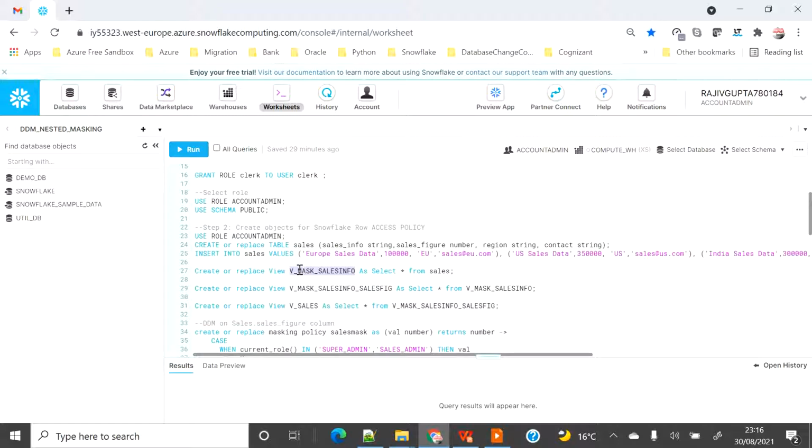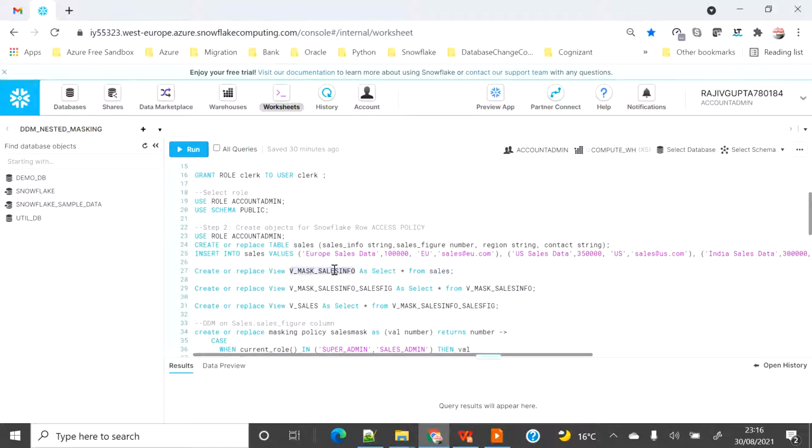Then I will create a v mask sales info sales fig view, which is created on top of v mask sales info, on which I'm going to mask the sales figure as well. And at the end, I'm going to create a v sales view, which is created on top of v mask sales info sales fig. So you will see that sales is the first table.